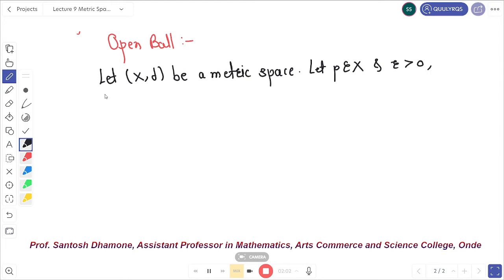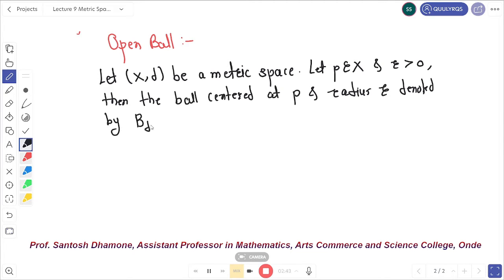Then the open ball with center at p and radius r is denoted by capital B subscript d, where d is the metric space, in circular bracket point p and radius r, or simply B(p, r). The open ball about point p with radius r is defined as